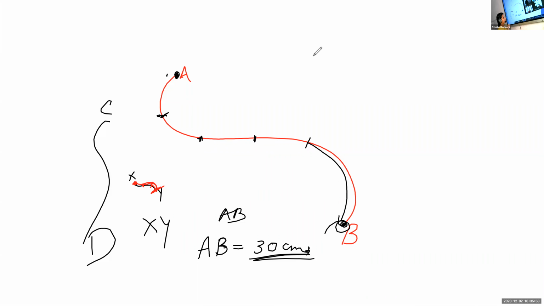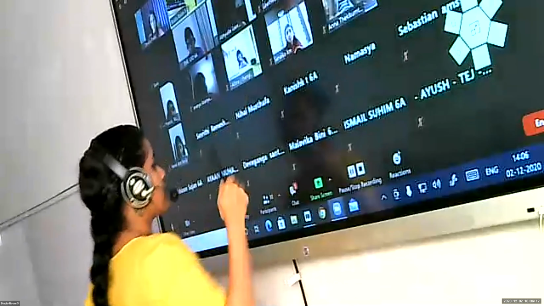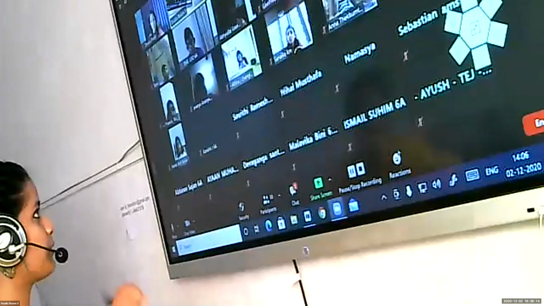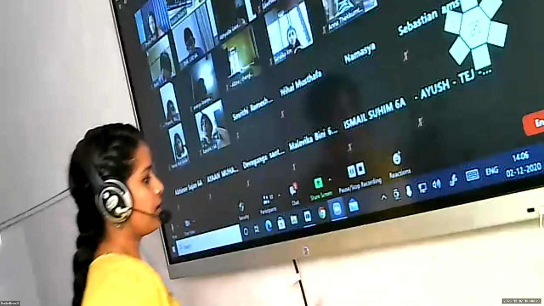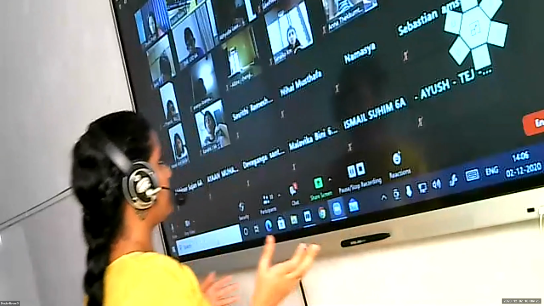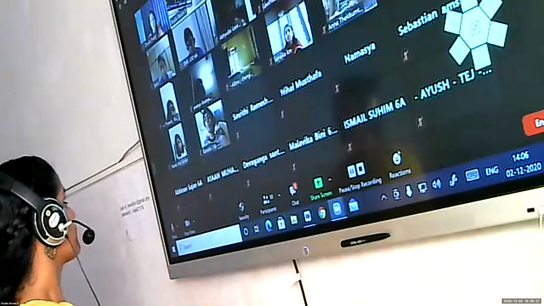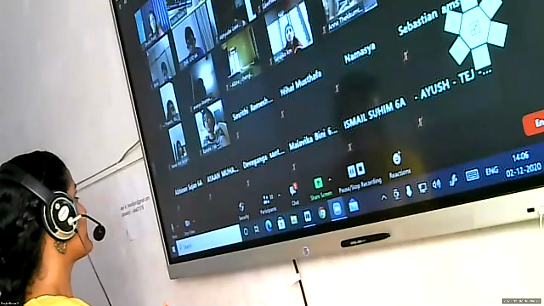Understood? That is the activity that we did now. That is how we measure a curved line. Understood? Yes. So if we were to use some kind of meter scales or centimeter scales, will it be possible to measure it accurately? No, ma'am. No, we'll have to break it and see, isn't it? Because it won't come in the curves. So that is why we use something like a thread, because it can be stretched. Understood? Yes. Okay?